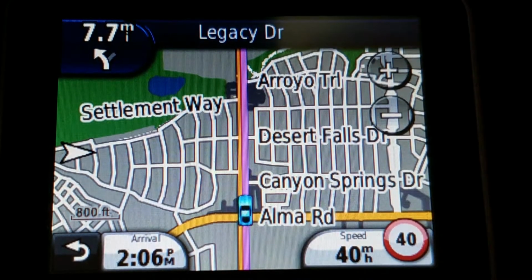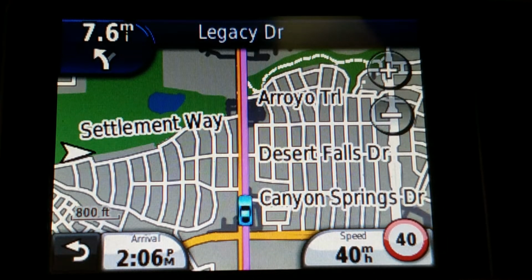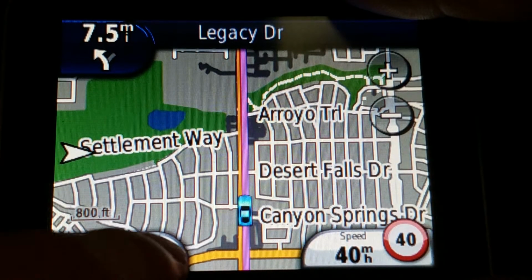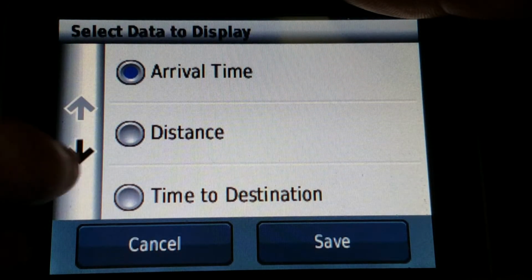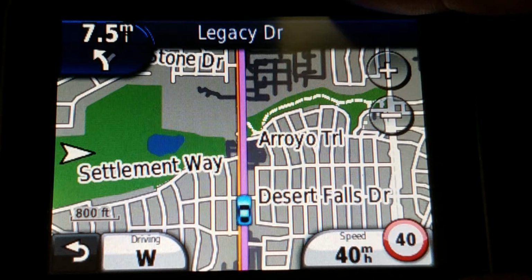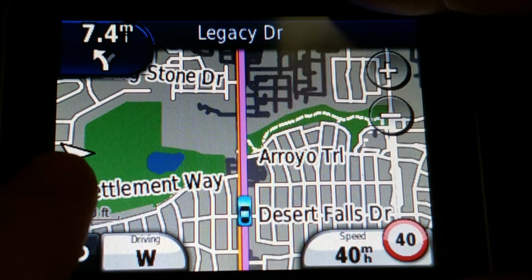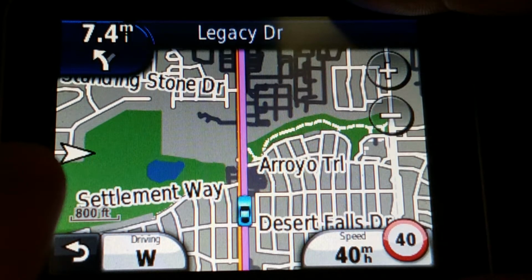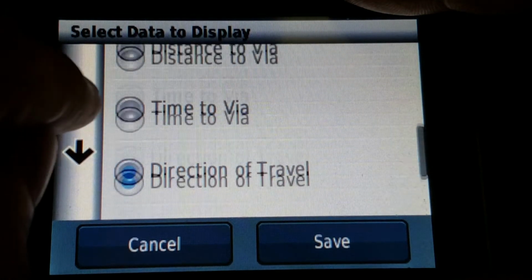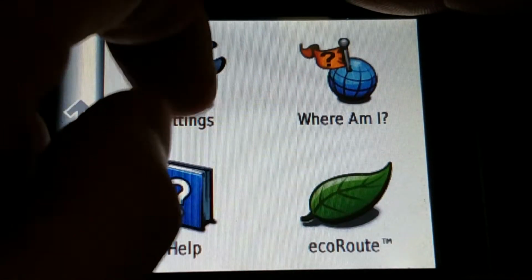It is confusing because, well, what you want is you want to know what direction you're currently facing. Now, if you want that information, I think the easiest way to do it is to modify one of the configurable fields and just change it to direction of travel. Then it will tell you at any time the direction you are currently facing, because again, this arrow always points north. So now you'll notice that, let me just change that back to time to destination, and I'll change this over to